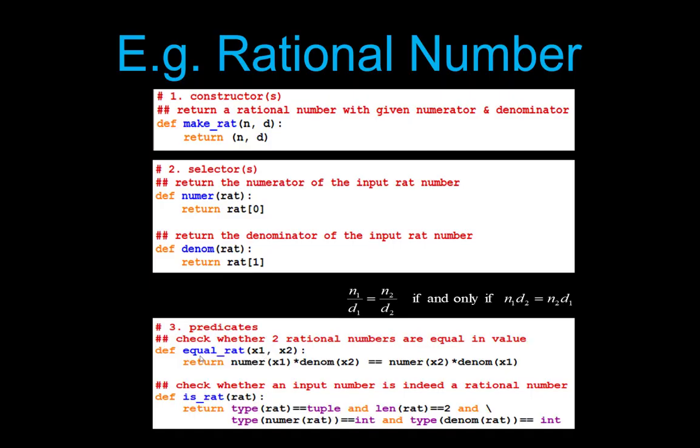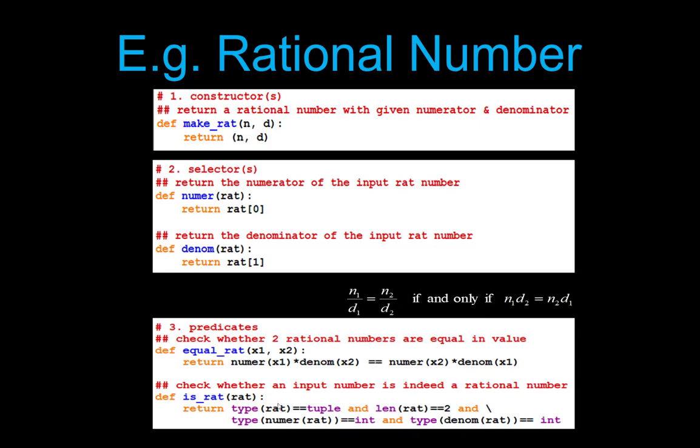It is easy to check whether two rational numbers, x1, x2, are equal by taking the cross multiplication of their numerator with the denominator. They are equal if and only if n1 d2 is the same as n2 d1. So this is numerator of x1 times denominator of x2 is the same as numerator of x2 times denominator of